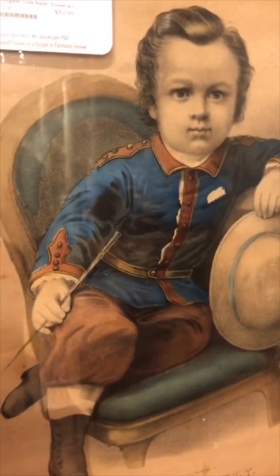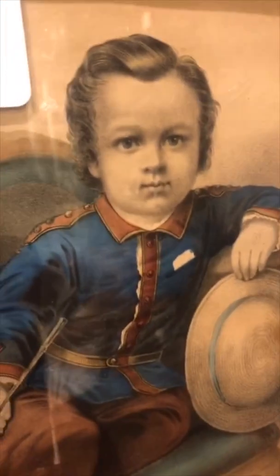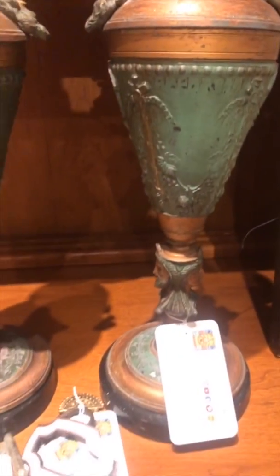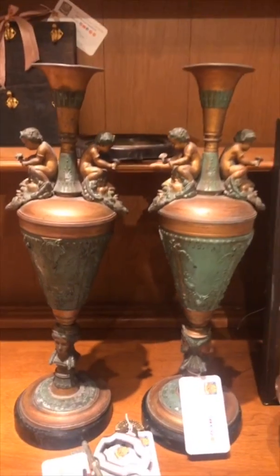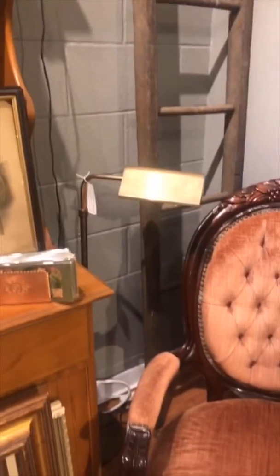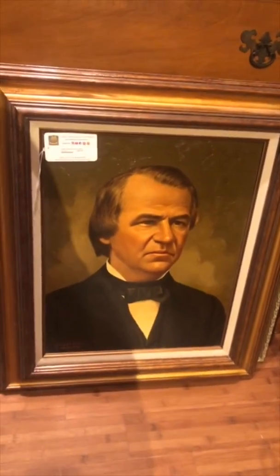And it is a beautiful hand-colored lithograph. I mean, just look at those details. This is well over 100 years old, 1874. Beautiful brass cherub, ornate candlesticks, perfect statement pieces for your mantle, reading lamps, an original Andrew